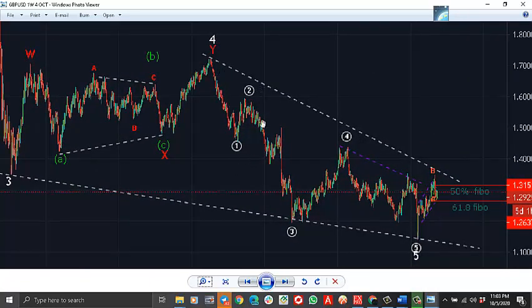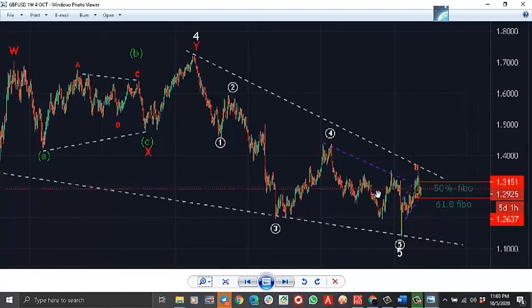You can see 1, 2, 3, 4, 5, and this price move is very strong. What does it indicate? It indicates that the price will go higher. So I won't be surprised if I see 1.4, 1.5. Remember, this is a weekly chart, so it shows us what is happening anyway,